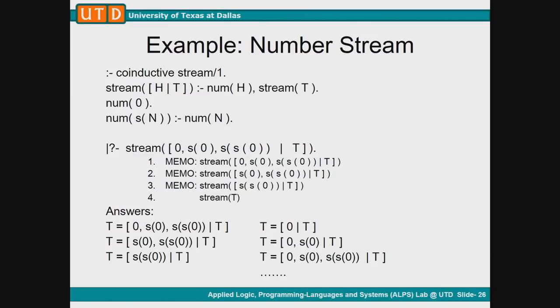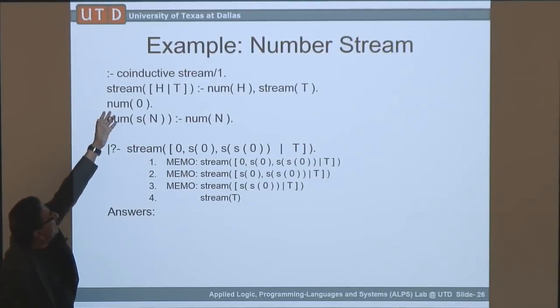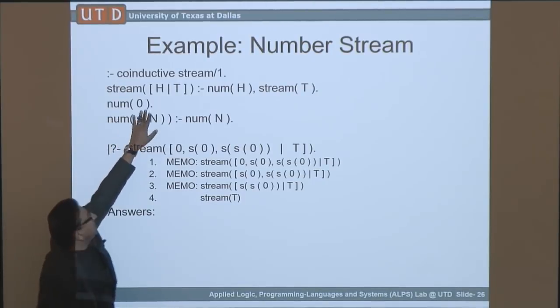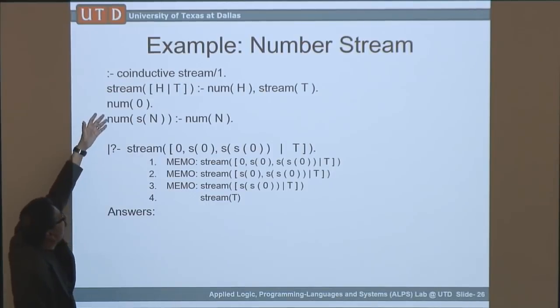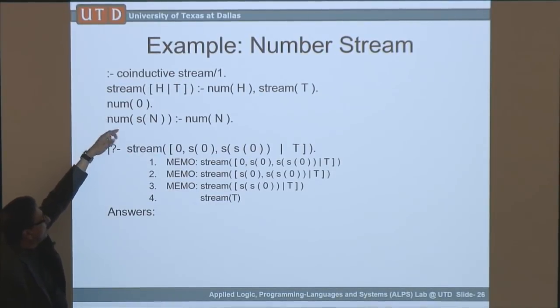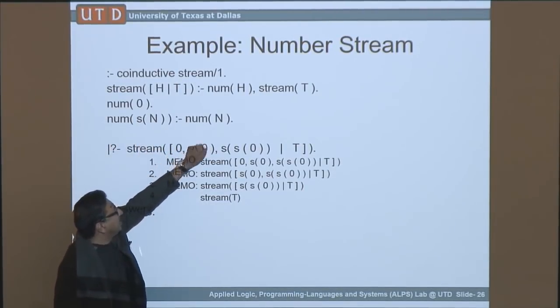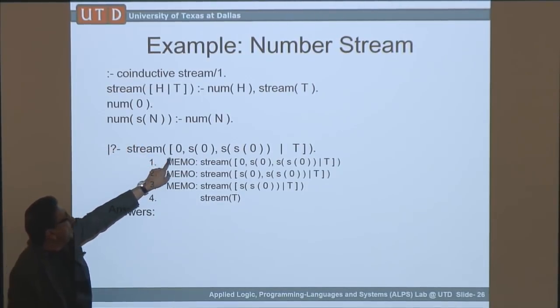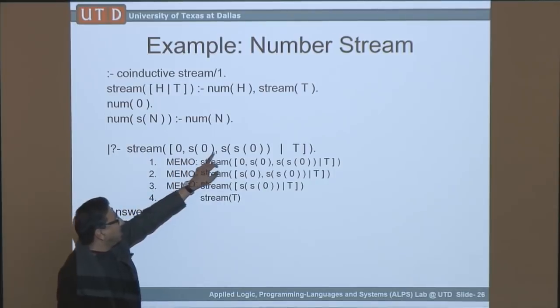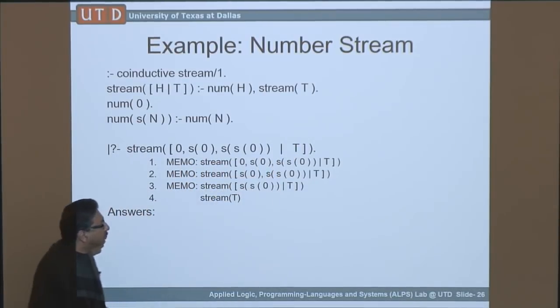Okay, so let's quickly look at the application to AI of co-induction. Here is a simple illustration. We have this program which basically describes a stream, very similar to a bit stream. H cons T is a stream if H is a number and T is a stream, and number is inductively defined. 0 is a number, N plus 1 is a number if N is a number. Then if I say I want to check if 0, 1, 2 cons T is a stream, and I want to get